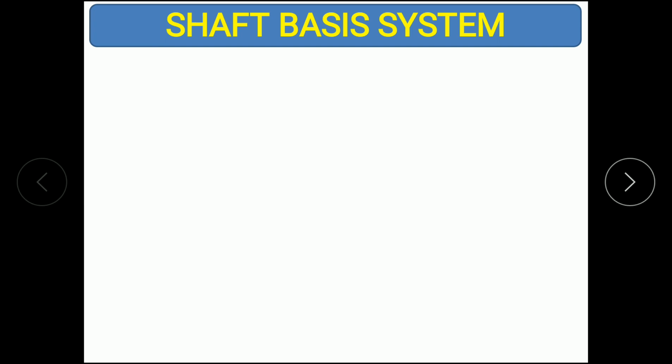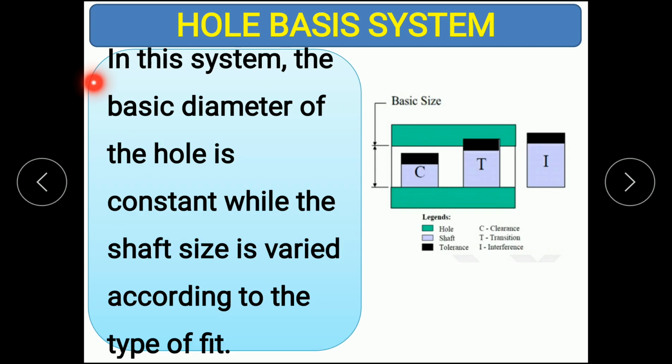Hole basis system means in this system the basic diameter of the hole is constant while the shaft size is varied according to the type of fit. जो type of fit चाहिए उसके हिसाब से होल का डायमेंशन कांस्टेंट रखता है और शाफ्ट का डायमेंशन चेंज कर देता है। तो इस टाइप का सिस्टम को हम क्या बोलते हैं? होल बेसिस सिस्टम।